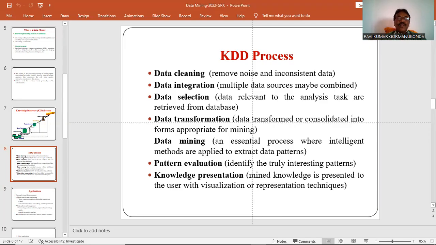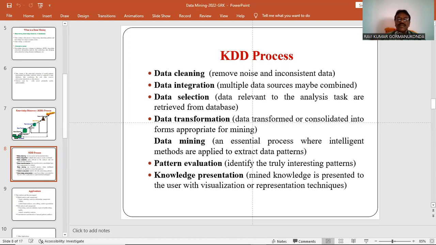Before applying any data mining, you must have perfect data. That's why data cleaning is an important step. Before applying any data mining technique, you must clean the data to overcome missing, noisy, and inconsistent data. So integration is combining data from different sources.